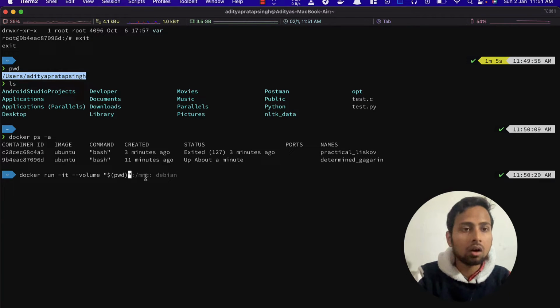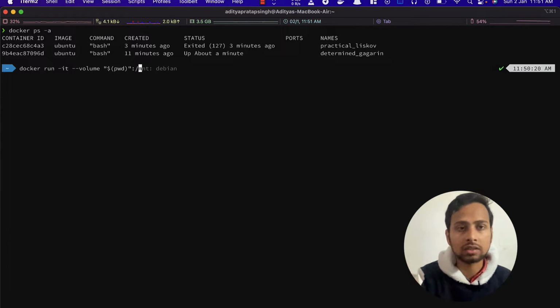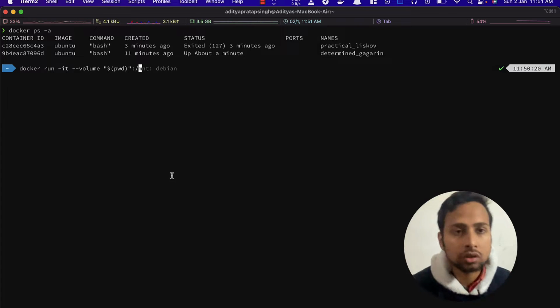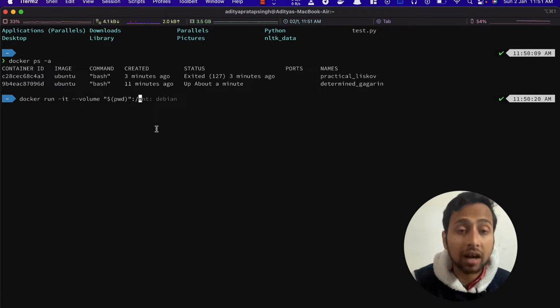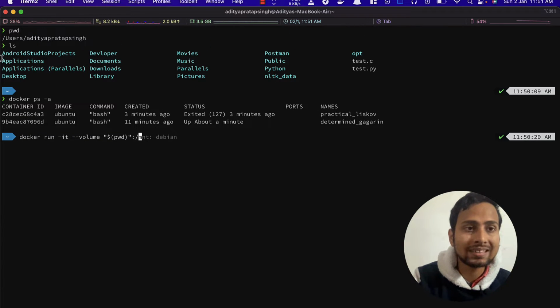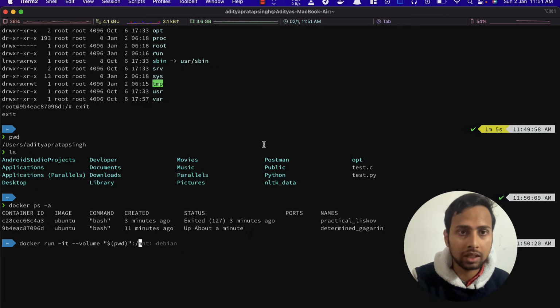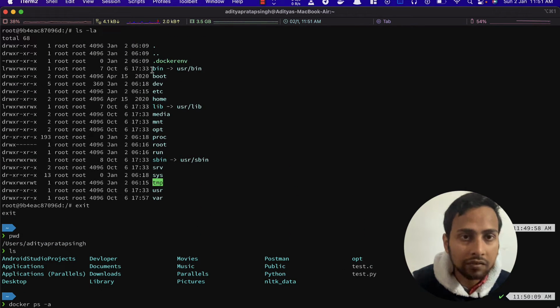or you can simply write it like this. This is very useful when you want to run on the current working directory. If you are inside any project, you can simply run it inside that project. And then here is the most important part: you need to specify the path where this should be mounted. This was the thing that was inside our Mac, our main directory, but here are the files that we need to connect with.